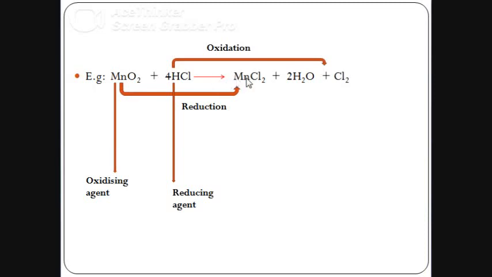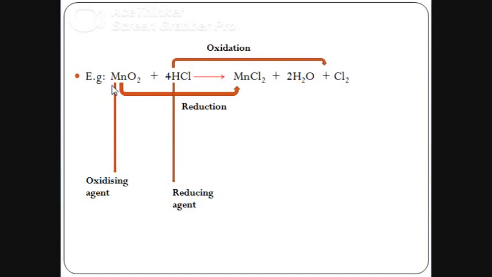So this is a chemical reaction, children, where both oxidation and reduction are taking place simultaneously. So it is a redox reaction. And here, oxidizing agents, remember children, are the substances which are themselves getting reduced but they are making others get oxidized, and a reducing agent is the one which itself is getting oxidized but causes reduction of others.